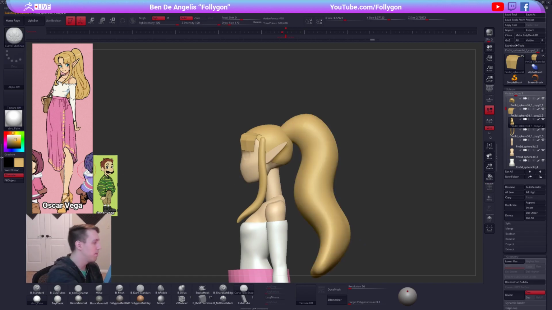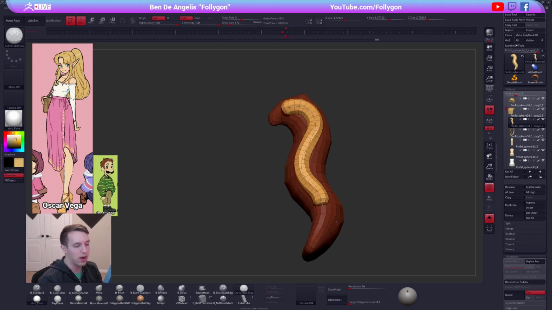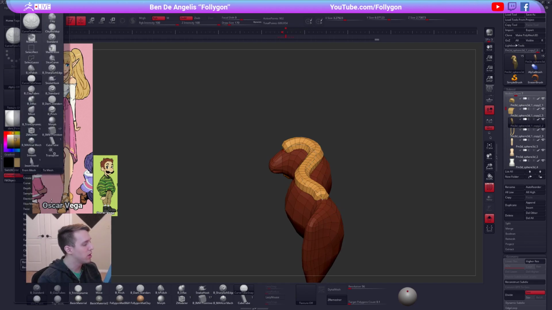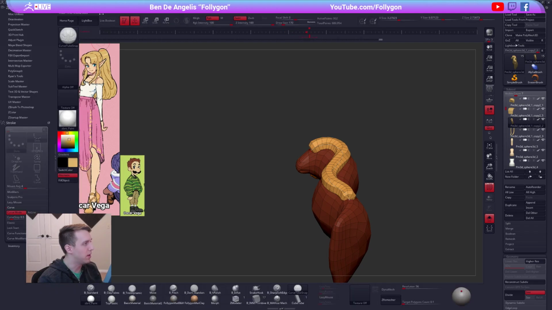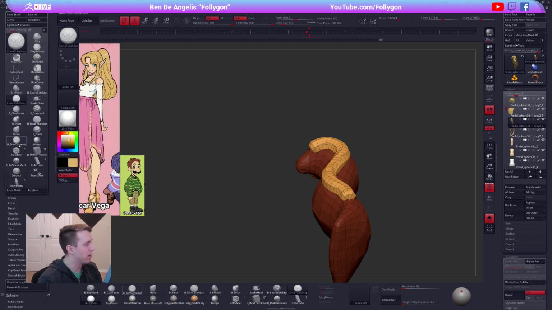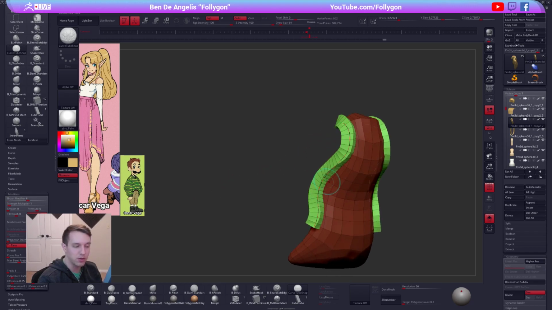Oh, sorry, let me turn off as line. It is a tube of geometry, okay? But you can go into your brush modifiers. It's a little hard to see with my background color. So brush modifiers, set the brush mod to 4, and now it will be a tube of geometry,